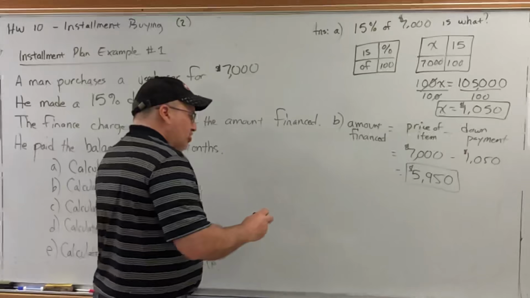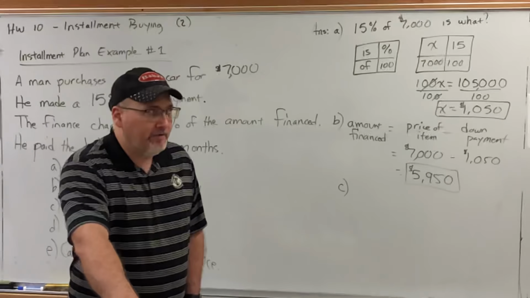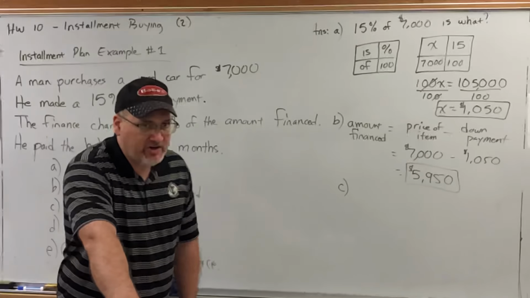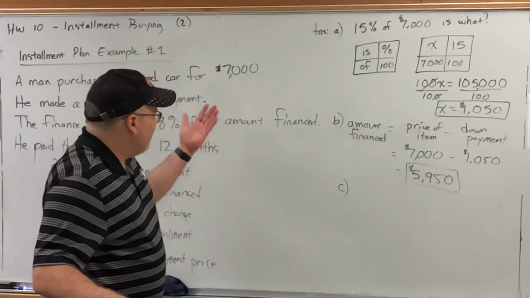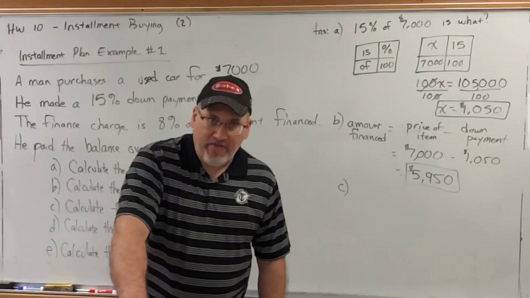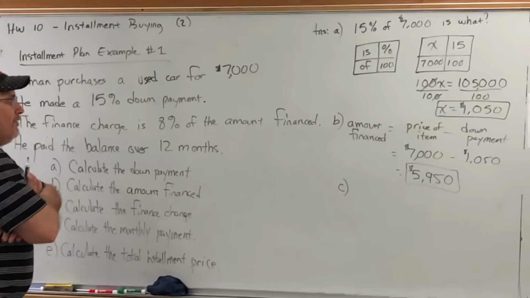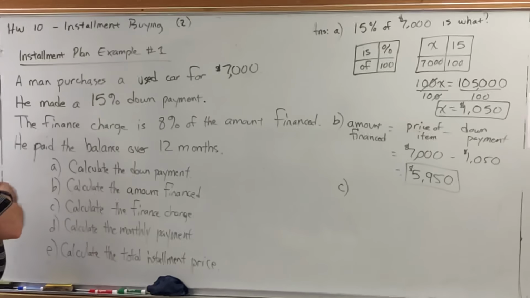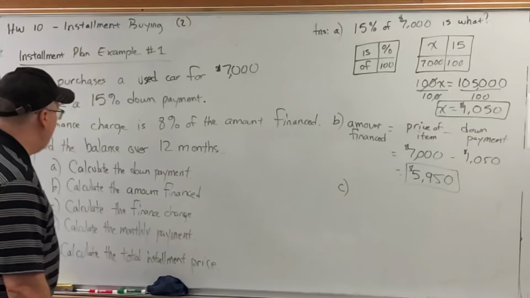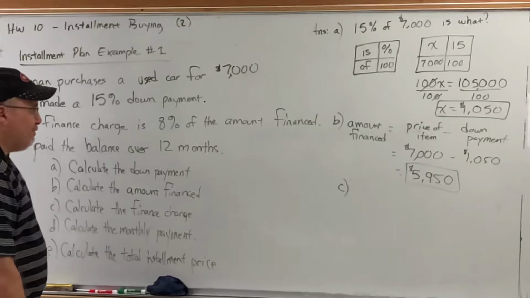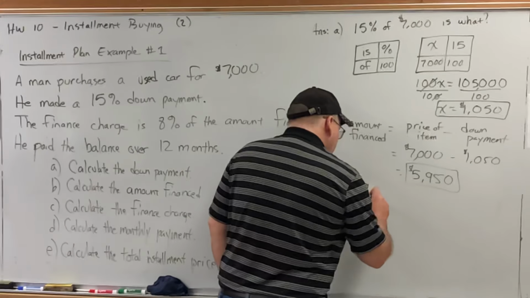Let's calculate the finance charge. Now, in the previous video, I mentioned that one formula for the finance charge, or rather the definition, is how much extra you pay for your item. Outside of the $7,000, I'm going to pay more than that. The extra is the finance charge. But sometimes you have to know the finance charge in advance, and the finance charge is usually some percent of what you're financing. So our finance charge is 8% of the amount financed, so we need to answer the question,